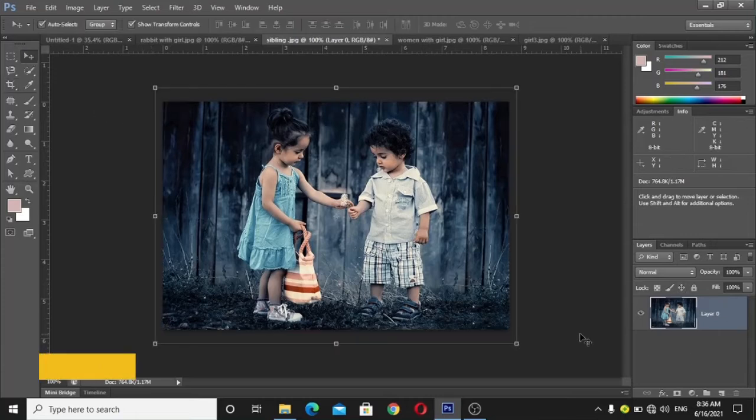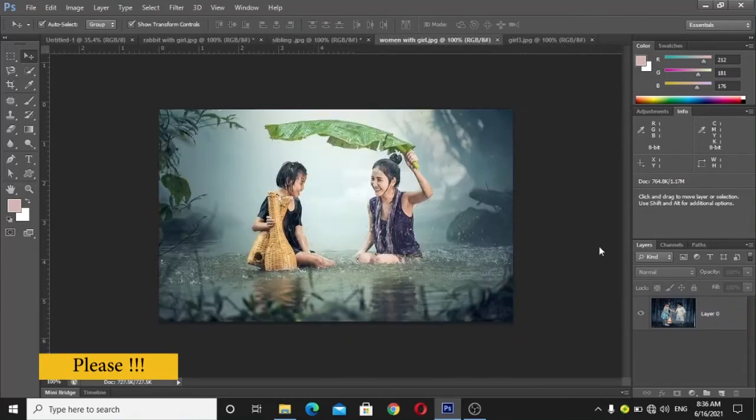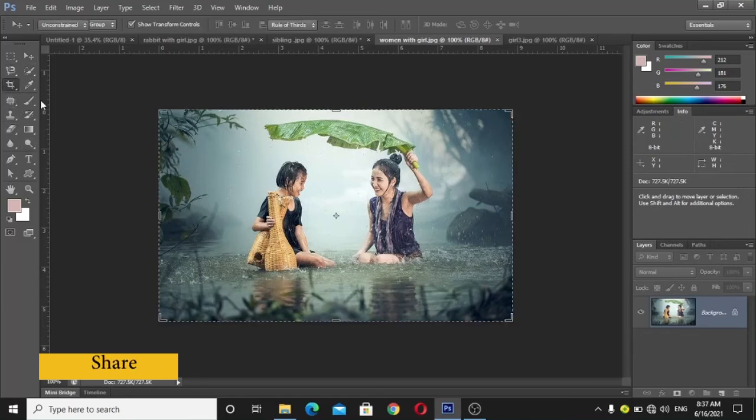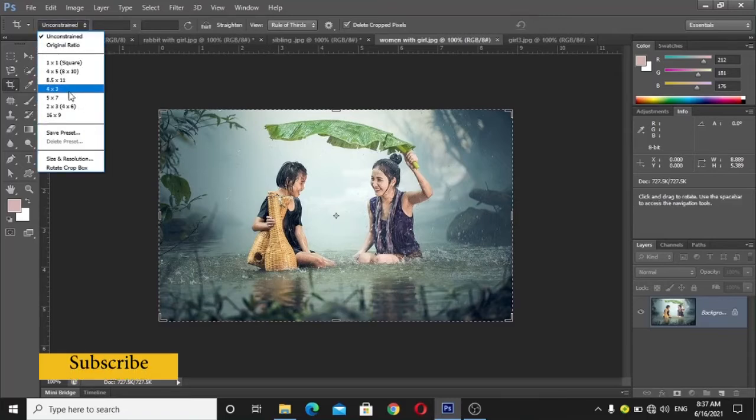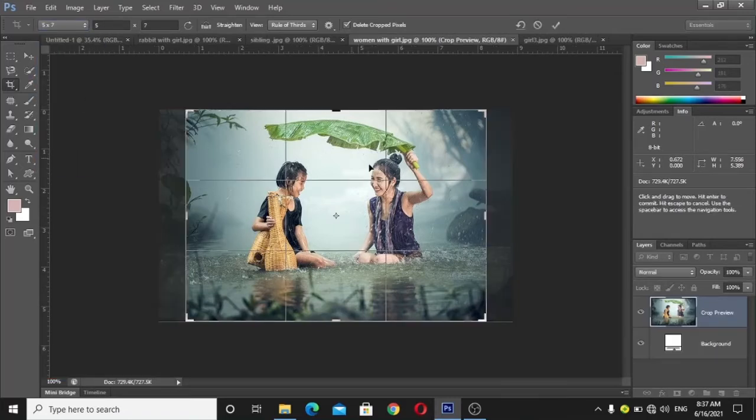Crop tool automatically changes the background layer like this to unlocked. How does it work? Again, take a look. I click on it. I change the proportion to 5/7 like this. You can see that the lock shifts from this picture and the layer is unlocked.